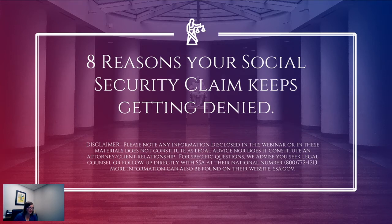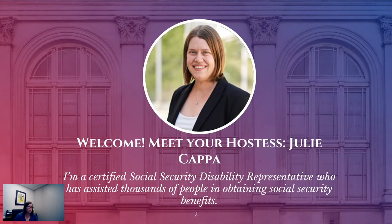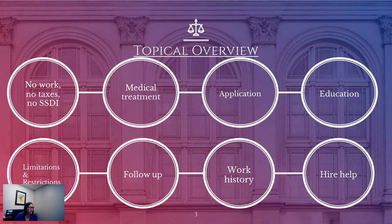So then to begin here, this is me. We're going to go over the basics of Social Security, the medical requirements and the non-medical requirements to filing applications, qualifying for benefits, and getting the case approved. So to begin with, and if I'm going too fast through the slides, please let me know. To begin with then,